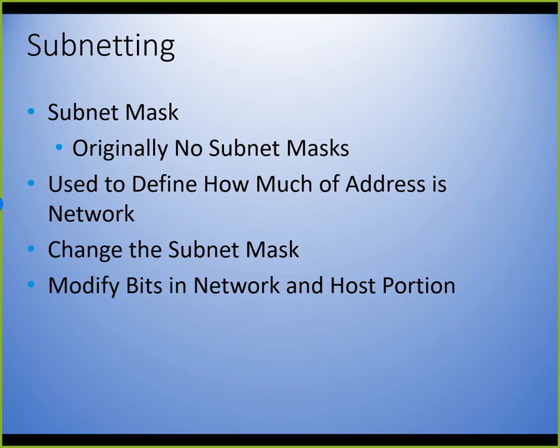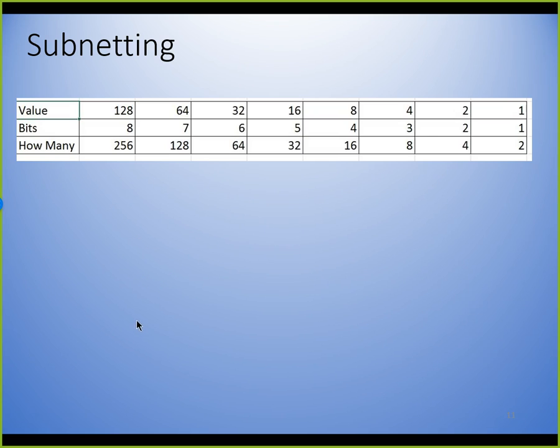Same thing happens with subnetting. We have a network address. We're going to break it up into initially equal parts when we do this. So we're going to modify the bits in the network and the host portion. We're going to show you how to do that, and then show you what I think is an easier way to do it. So what you need, and this is a chart by Cold Iron,